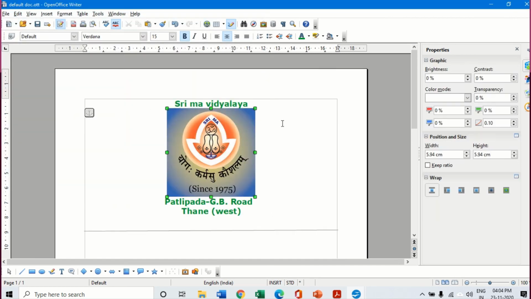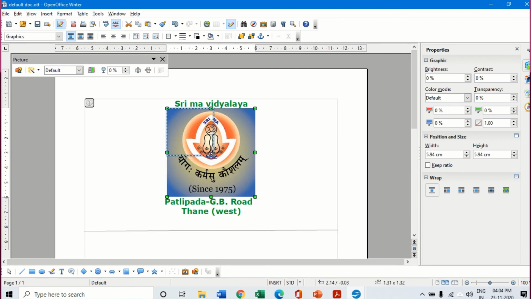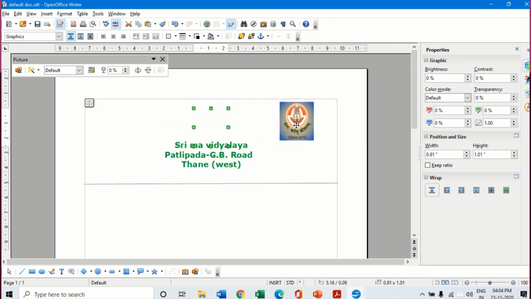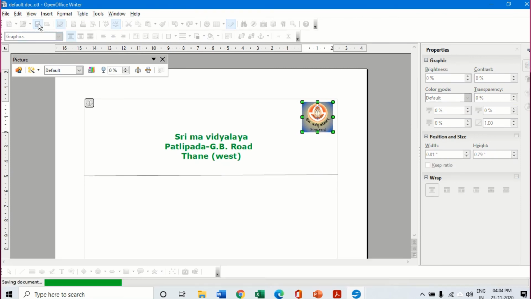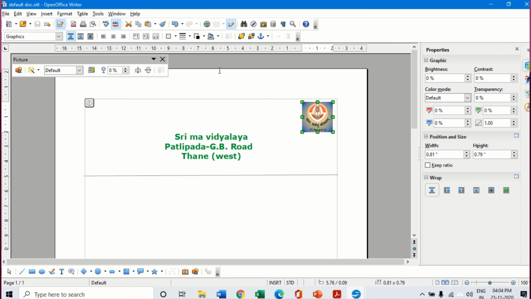Now I'm inserting it over here. I'm making it very small and taking it to this side. This way I want to make the template. I'm making the changes to this particular template, and I click on save. So my template has been saved.